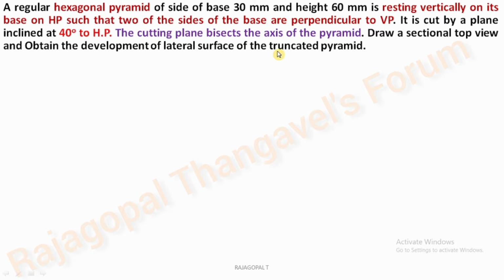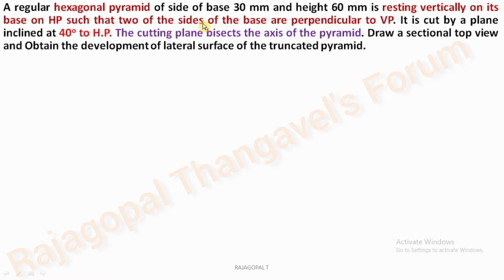Here again we have to start with our basics, simple position followed by section plane, and then we have to identify the cutting points of section plane, complete the sectional top view, and finally the development in radial line development method. Now you can identify the base hexagon is in the top view or front view? Whenever a solid is based on HP, our top view will be a hexagon and front view will be a triangle.